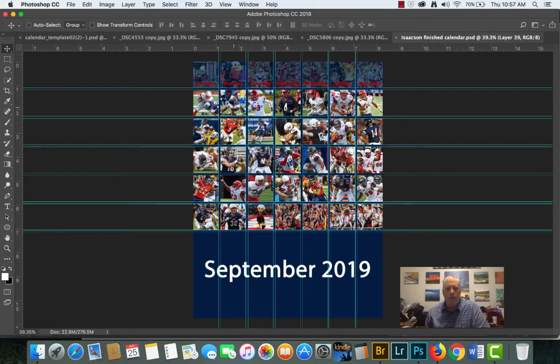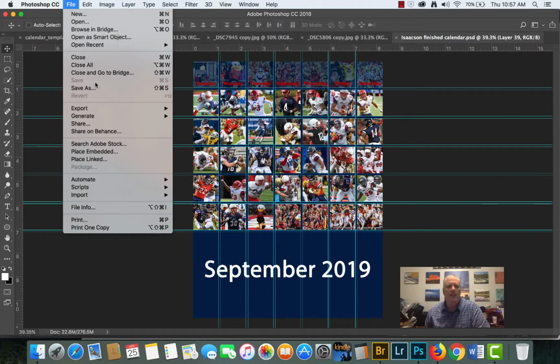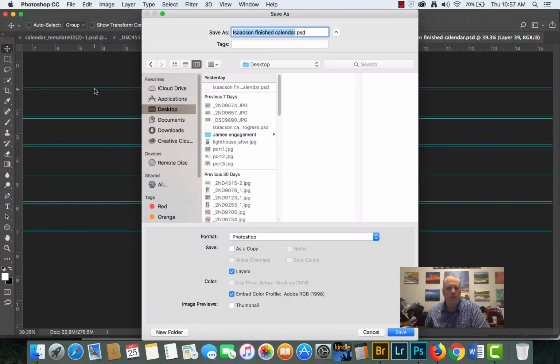And now, just a word, once you get everything complete on this calendar, go up here and save it as a Photoshop document. Remember, Photoshop documents are going to preserve your layers. You've done all this work and every single thing is on a different layer, okay? You want to preserve that. So save a copy on your computer as a Photoshop document,